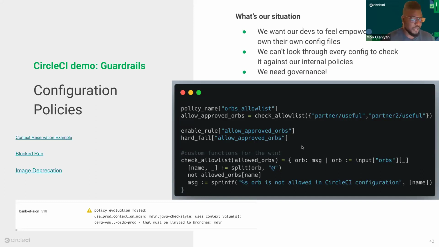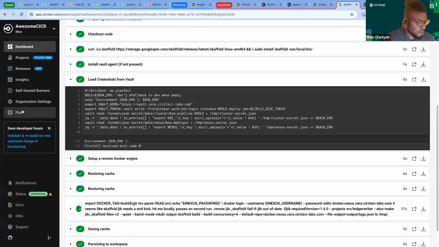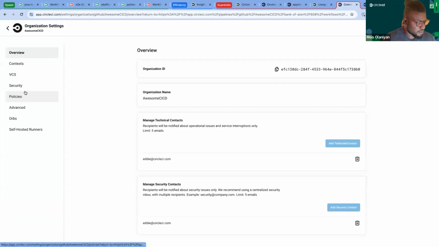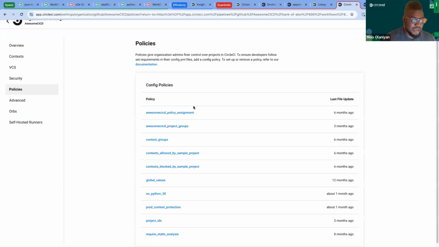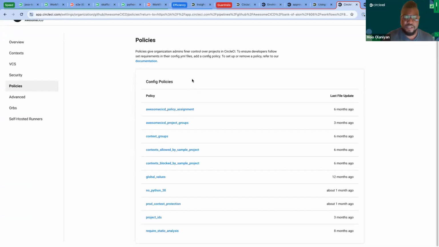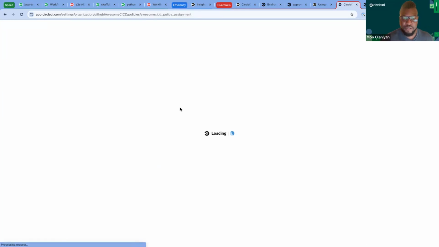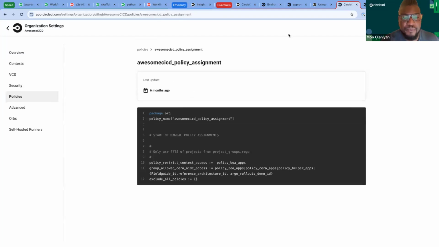But what is a policy, right? And you can actually see an example here, but I'm actually going to hop into the UI and just go to policies here. They're in organization settings, right? And now you can see a list of all of the policies enforced by our organization. A policy is a set of rules which determines what we can and can't do in CircleCI, and these can be particularly granular. Policies can include hard violations, like the one I was showing you before, but we also have what are called soft violations, right?